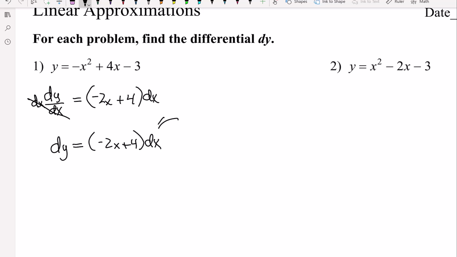And this process right here is the precursor to integration, where there's a dx over on the right side. Okay,